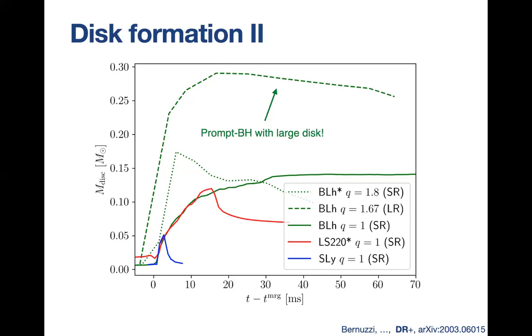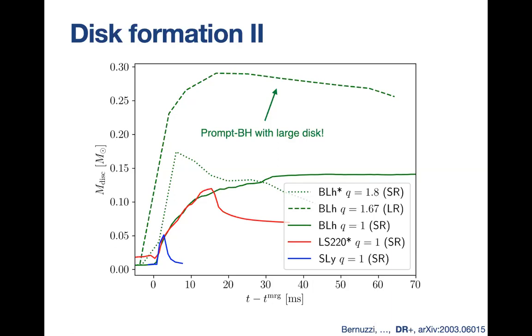At that time, part of the accretion disk is pressure supported, so this falls back into the black hole immediately, and some of the accretion disk remains behind. So what we see from here is that for comparable mass ratio binaries, the accretion disk mass correlates very strongly with the lifetime of the remnant. So in order to have large accretion disks, we need to have a long-lived remnant. If a black hole forms quickly after merger, or promptly, then the accretion disk mass is very small or non-existent.